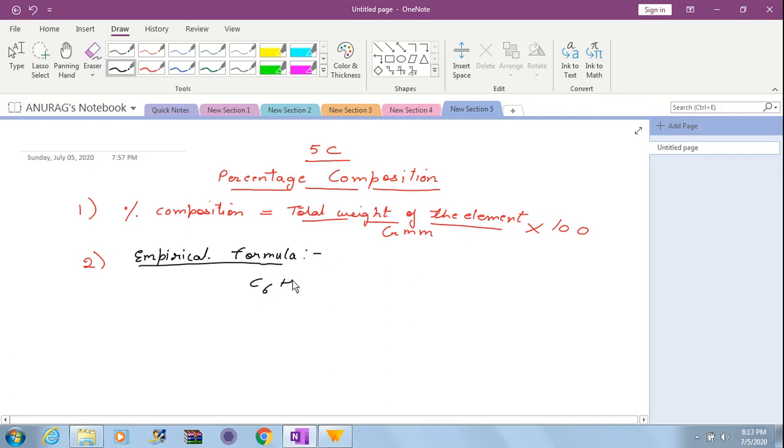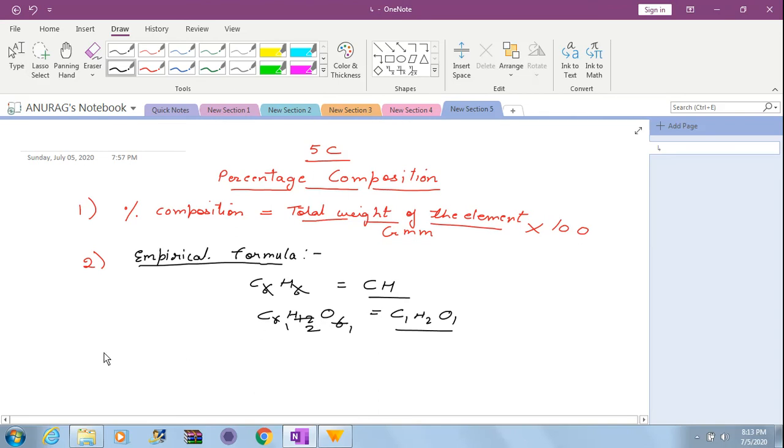Suppose if I talk about C6H6, so 6 ones are 6, ones are 6, that means empirical formula will be CH, right? If I talk about C6H12O6, you have to see the lowest number. 6 ones are 6, twos are 12, 6 ones are 6, so that will be C1H2O1. So these are your empirical formulas. So as we will proceed, I'll let you know how to go with the things. Fine. Now coming to your 5C exercise,